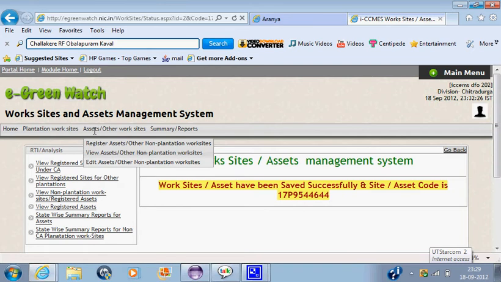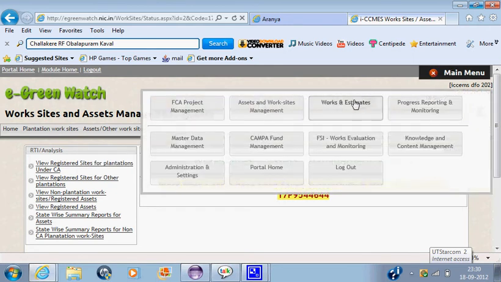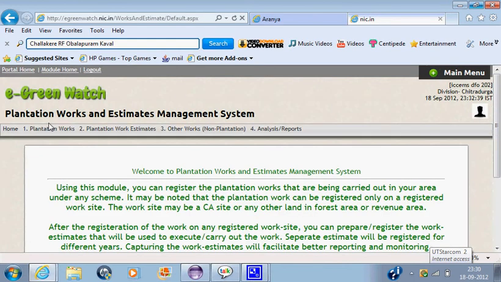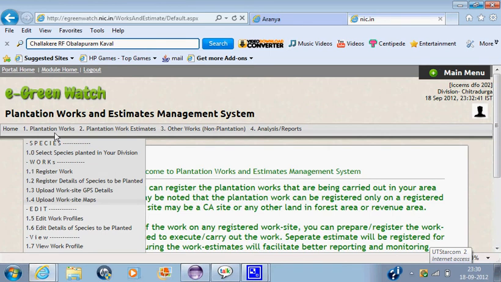The second part is to register plantation on this worksite. For this, we need to go to main menu and select works and estimates. Under works and estimates, there is plantation work. You register a work.